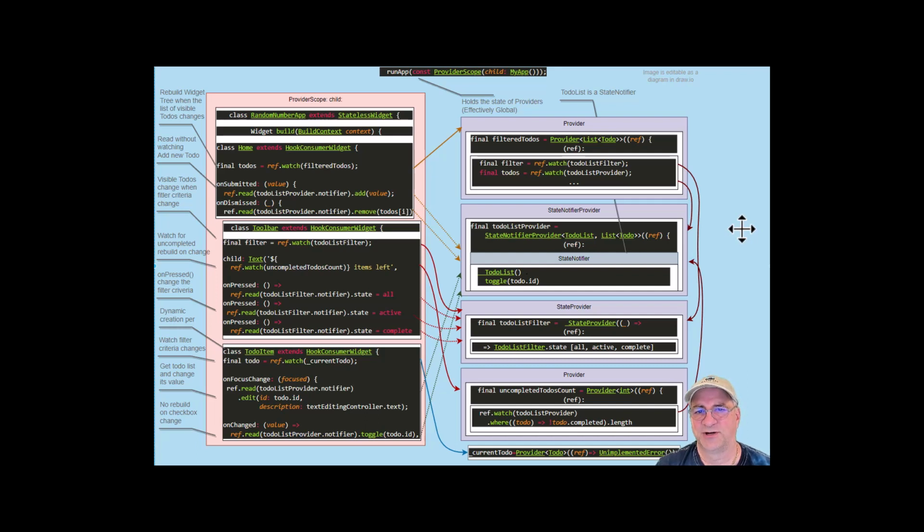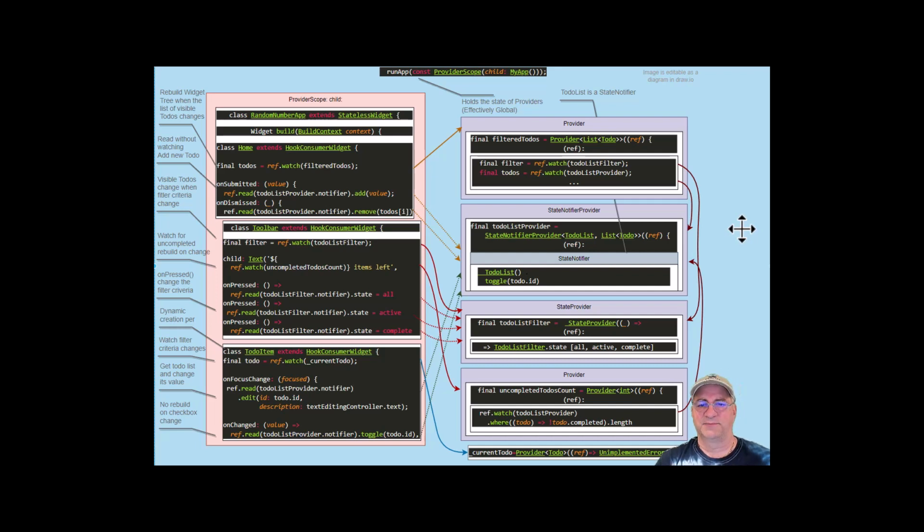And so you can see there are 2 watches that the top filtered to-do list is doing. It's watching to see when the to-do list is updated, added or removed. They never get removed when they're added. And it looks to see whenever the to-do list filter is applied, because the list of filtered to-dos is impacted by those two things, right? And then the uncompleted to-do count is really just driven by the state change on the to-dos,